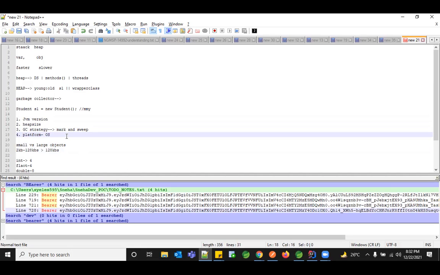There is also a way to determine the object size, which can be experimented with maybe after 5 to 6 classes, once you're pretty good with exception handling and a few interface and inheritance concepts and a few packages. Then we'll experiment with how to check the size. So far, we don't need to worry about how to determine it, but this is how your object size is determined through your JVM heap size.